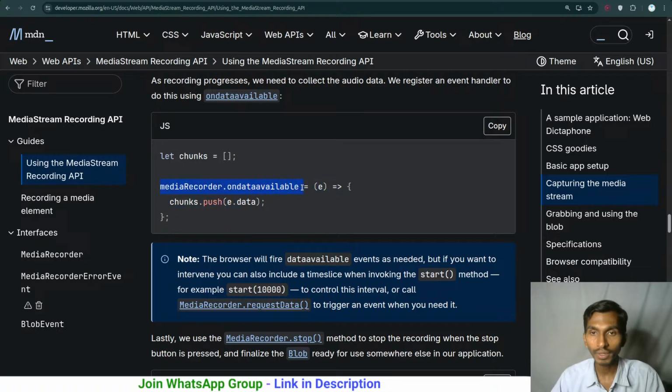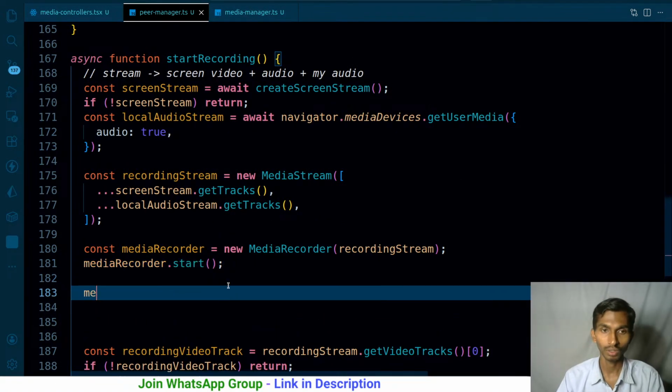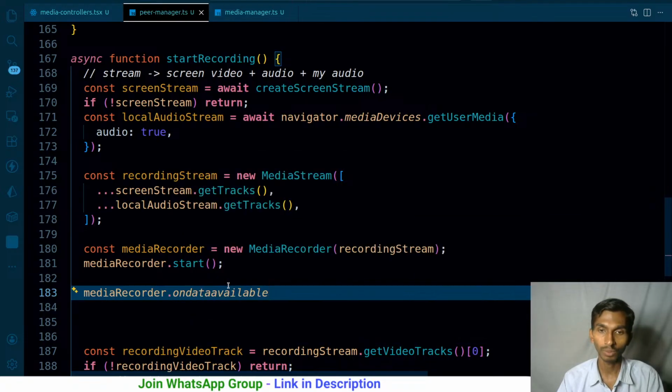MediaRecorder dot ondataavailable, you will be getting the data in the form of chunks. So event dot data you will be getting, that will be in the form of chunks. So you will have to collect all the chunks here. Okay, that's fine. So let me listen for this particular event, mediaRecorder.ondataavailable, and I will be getting the event.